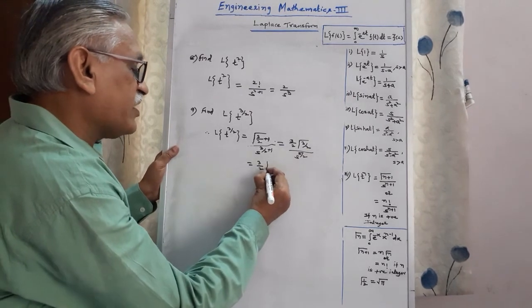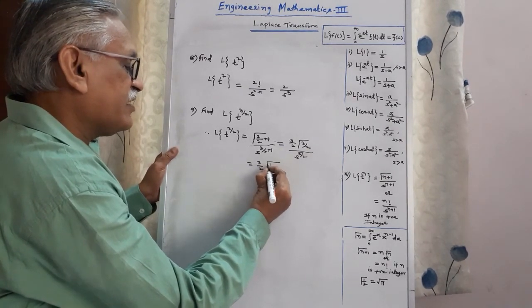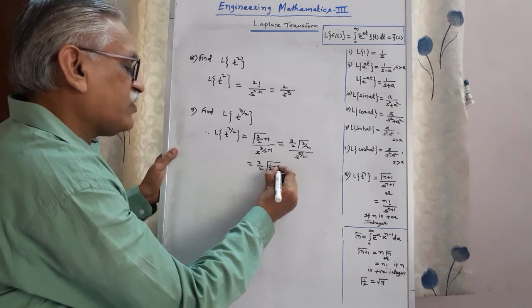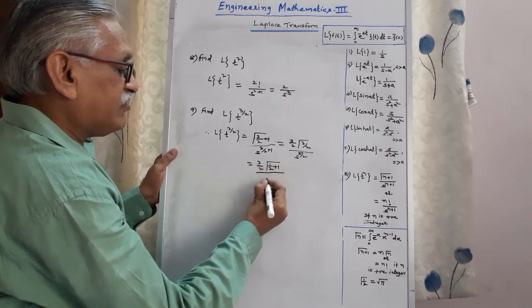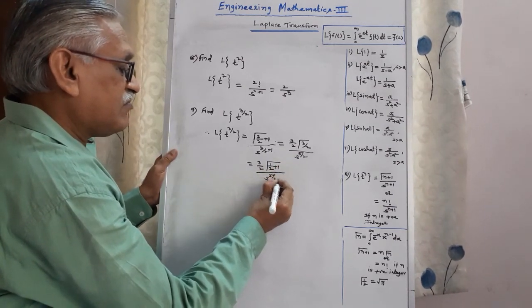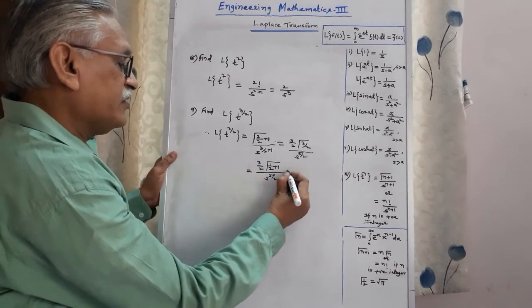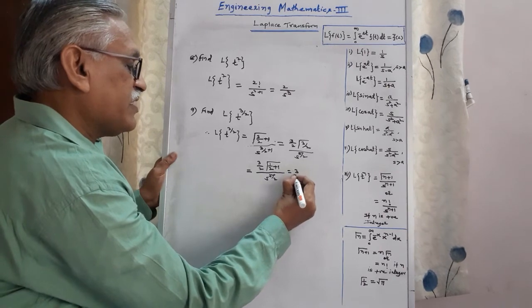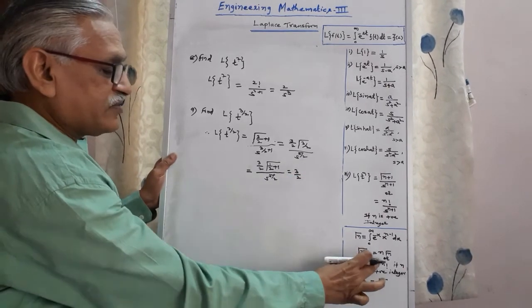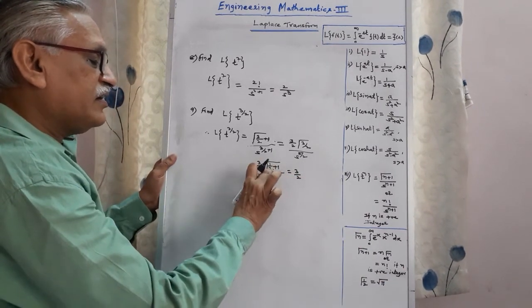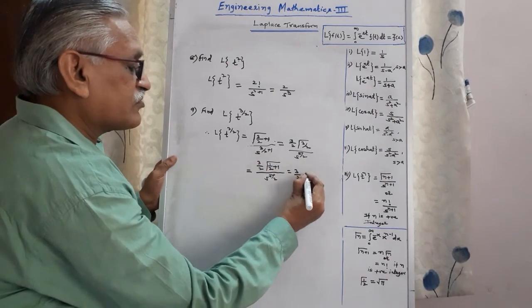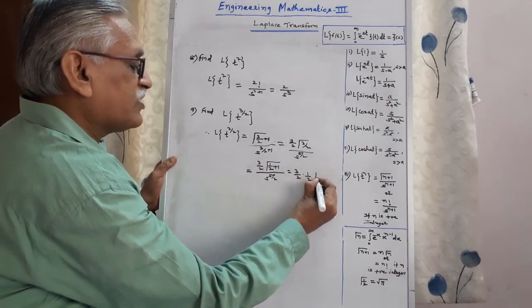Therefore, this 3 by 2 I can write as 1 by 2 plus 1. It is equal to 3 by 2. Once again applying the same result, it is n gamma n. This time n is 1 by 2 into gamma 1 by 2